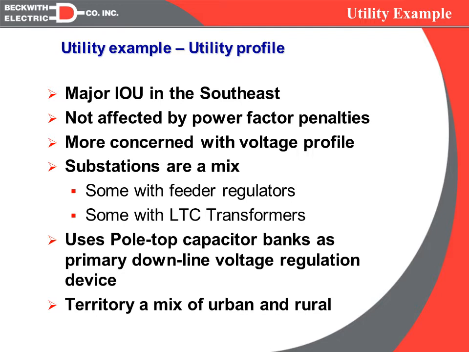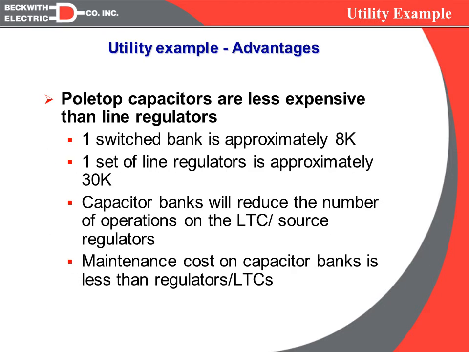They were using switch capacitor banks, and they wanted to use them as the primary regulating device. So the goal was to have the switch capacitor banks be the primary regulating device for the downline voltage on the feeder circuits. And one of the reasons they wanted to do that is that they found that pole top capacitor banks were much less expensive than line regulators. So they could buy approximately 3 to 4 600 kVAR switch capacitor banks for the same cost as a set of line regulators. And by using the capacitor banks, they can reduce the number of operations on the upstream LTC and therefore